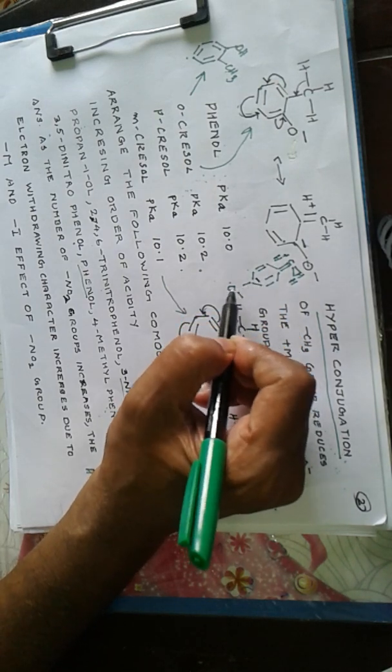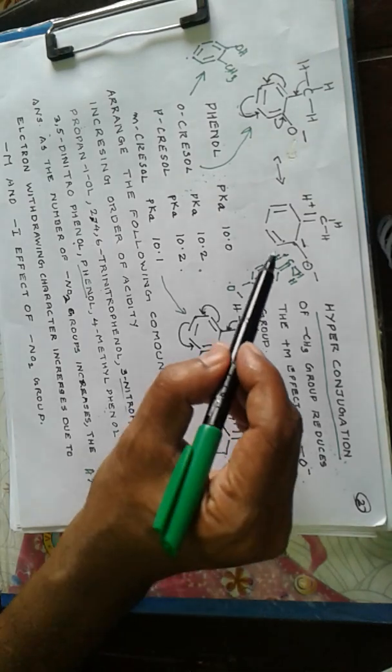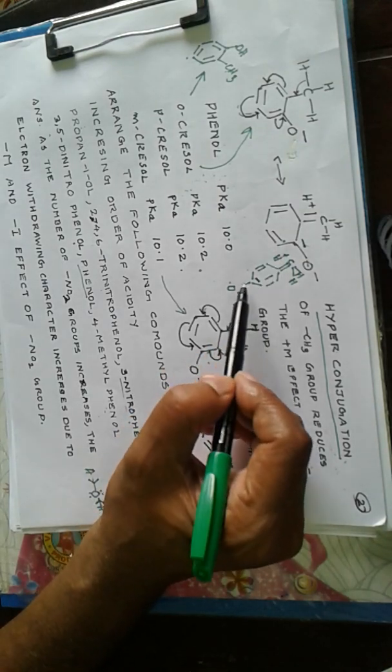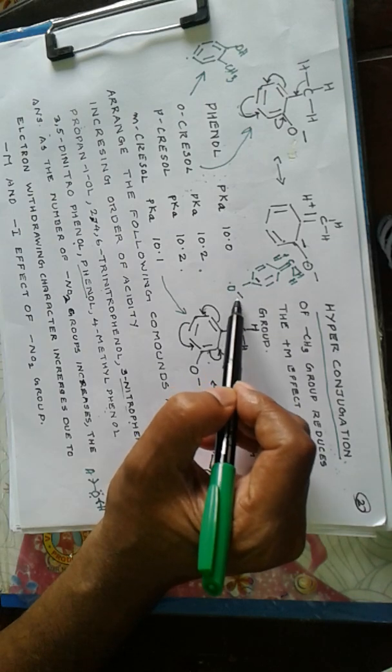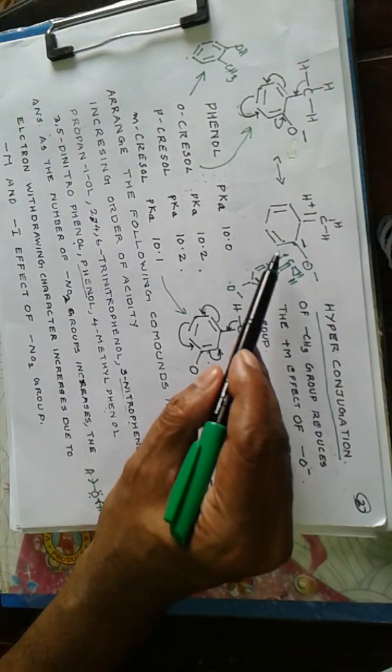So this will be the structure of such a canonical structure in the case of paracresol, so that the negative charge is on the carbon adjacent to negative oxygen. So these two canonical structures make the anion less stable, corresponding to metacresol, where in metacresol